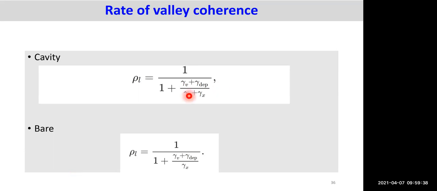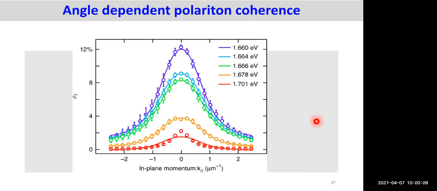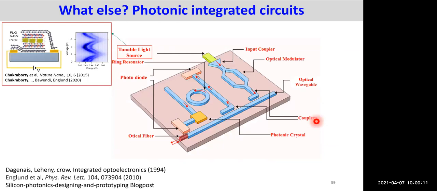So basically, if you just look at the dynamics, in the cavity you have the dephasing process and the valley depolarization process, and this is the lifetime of the cavity and the excitonic radiative recombination. What you depend on is the numerator and the denominator, and the fraction of these terms determines how much degree of linear polarization will be preserved. Now if you go back to what you were talking about, let's see, where is my slide on the